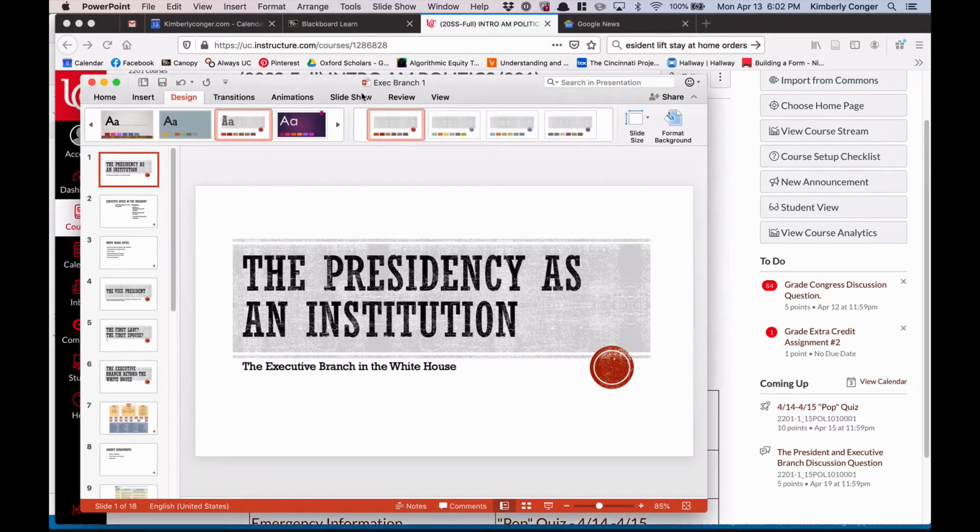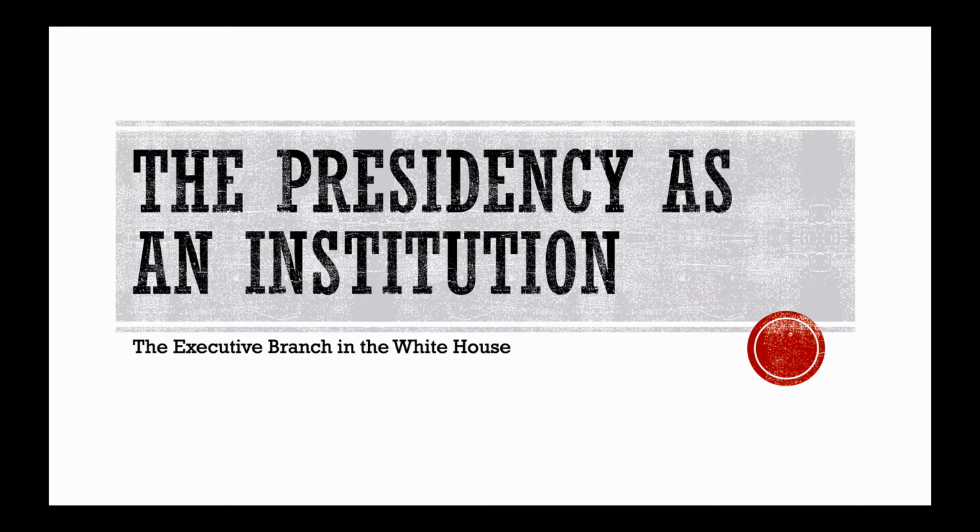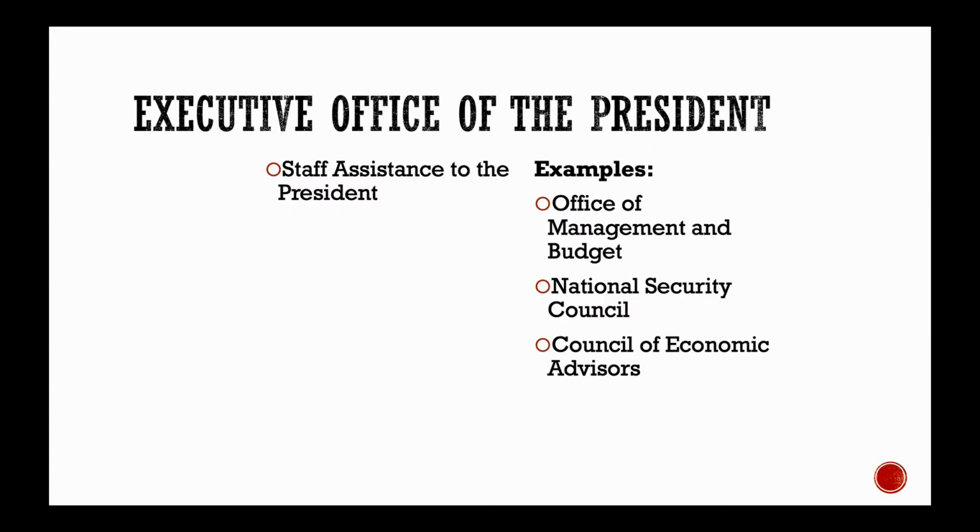Today we are going to, this is sort of the transition from talking about the presidency itself to the executive branch as a whole. And to do that, we're going to start out by talking about the presidency as an institution. So there's a set of executive branch agencies and offices that exist in the White House, and then there's the larger structure of the federal agencies and the cabinet and independent agencies and things like that. So we're going to go through these so that you have a better handle on what that looks like.